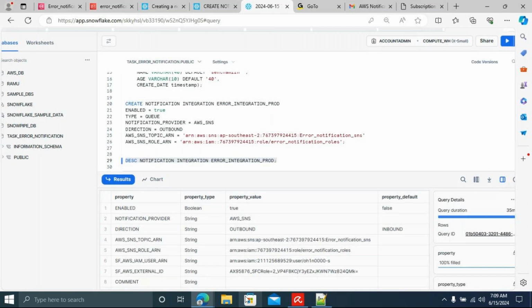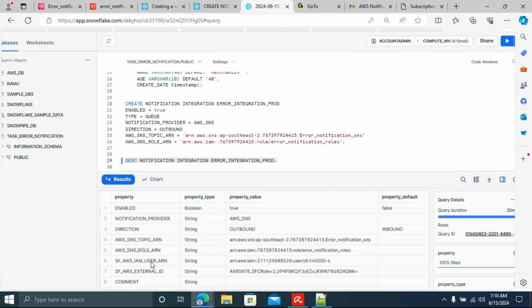Now you can see the property, property type, and property values. You can see the SNS topic ARN provided and SNS role ARN provided, but additionally you can see two more properties: one is external ID, another one is IAM user ARN.